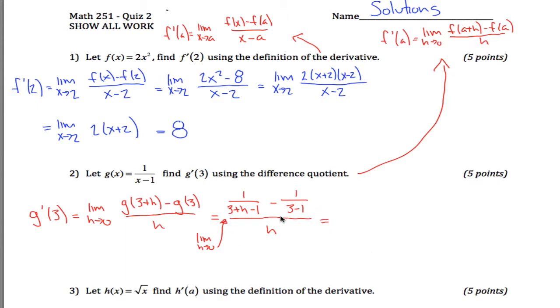Okay, then you can simplify this a little bit. 3 minus 1 is 2, so this is the limit as h approaches 0 of 1 over 2 plus h minus 1 over 2, divided by h. A fraction inside of a fraction, we've seen this a few times now. Our least common denominator will be 2 times 2 plus h. So multiply this side by 2 over 2, and we will get, this is the limit as h approaches 0